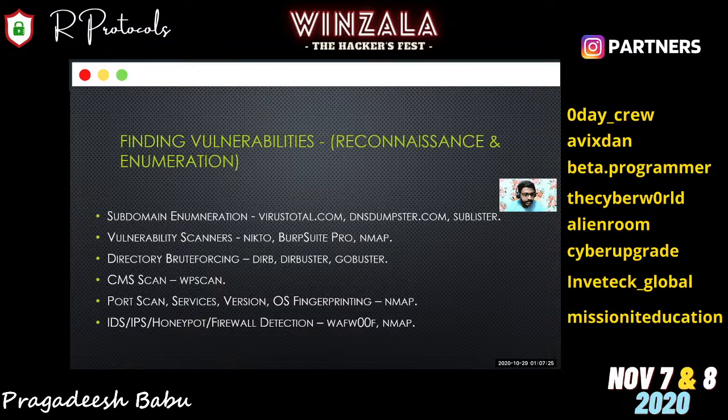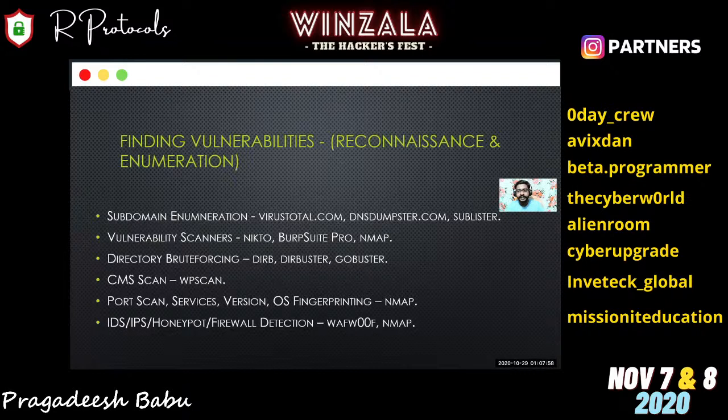And the last thing is IDS/IPS detection and firewall detection. Similarly, if the web server has any firewall or anything else, you can check using Nmap. You can also check using a tool called WAF, wafw00f, which is also predefined in Kali Linux.